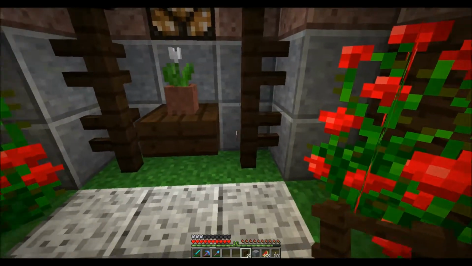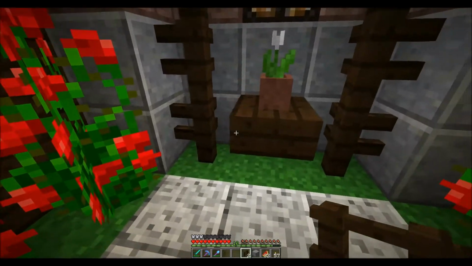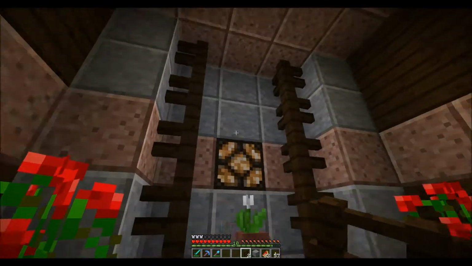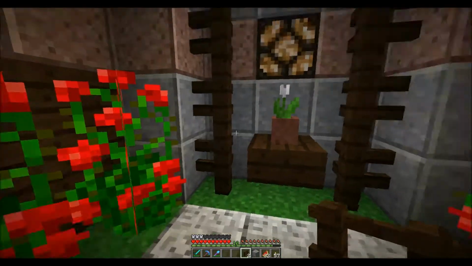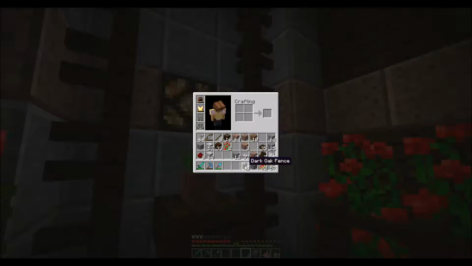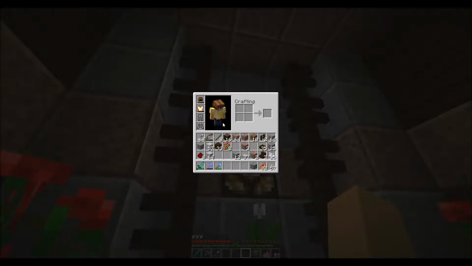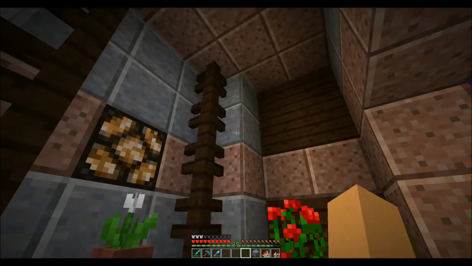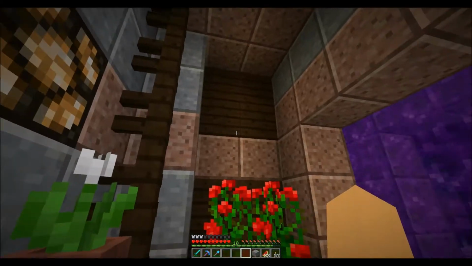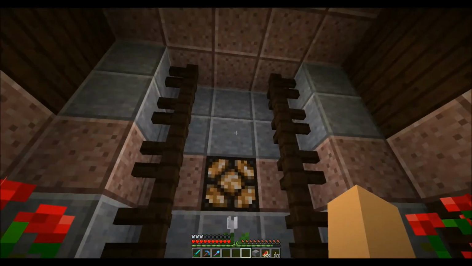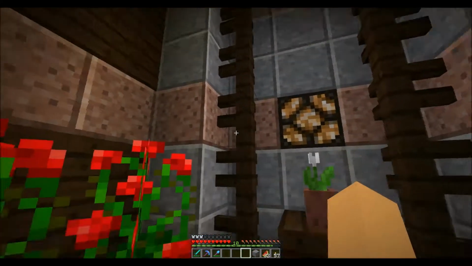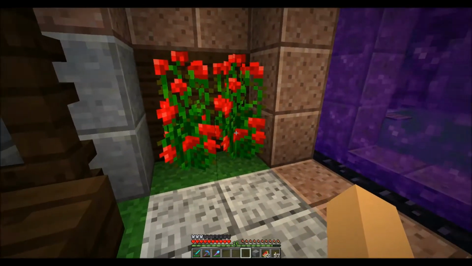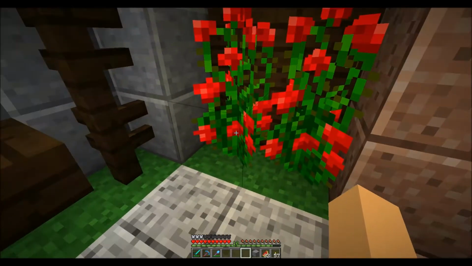It's nice that when using a half slab there, it doesn't attach to it. Got the flower pot, the lighting, and the plants. So that adds a little bit more detail. And you see my nice crappy armor. It adds a little bit more detail, and I like it. Not sure about all the plants there. Maybe I may do